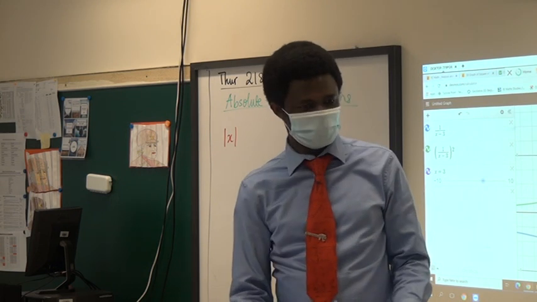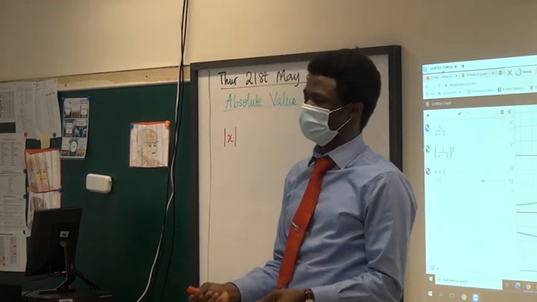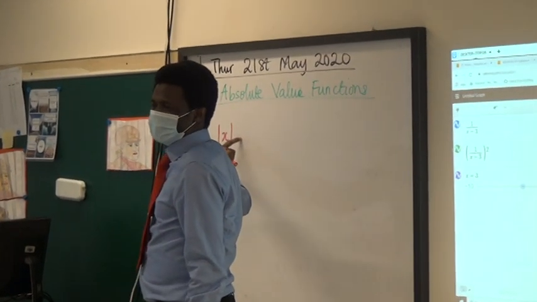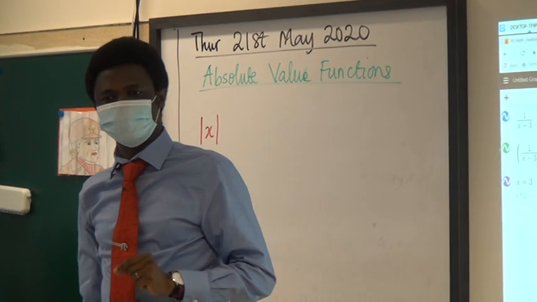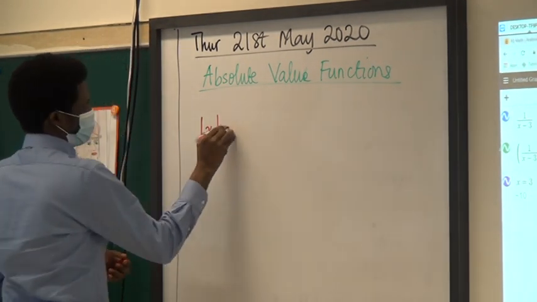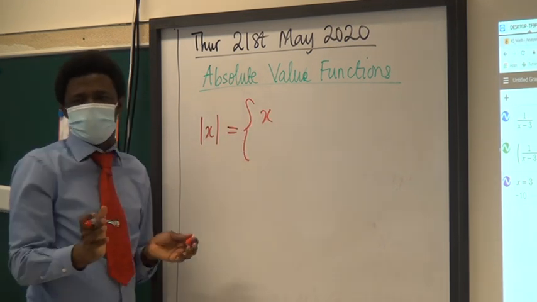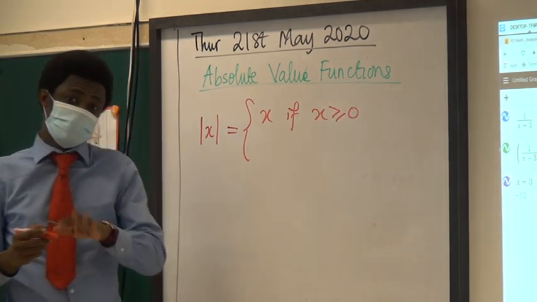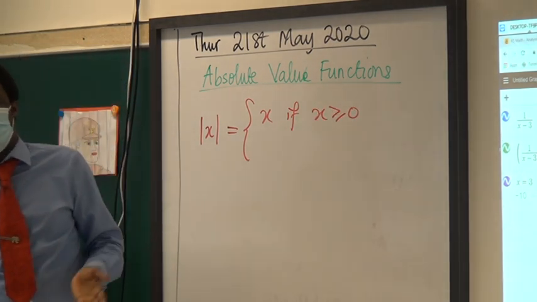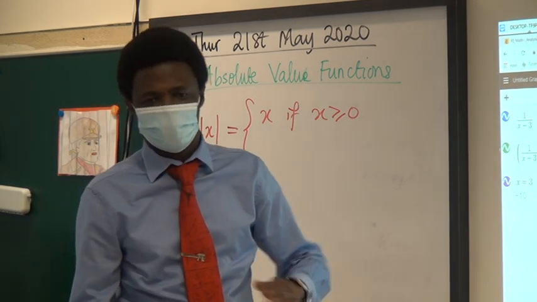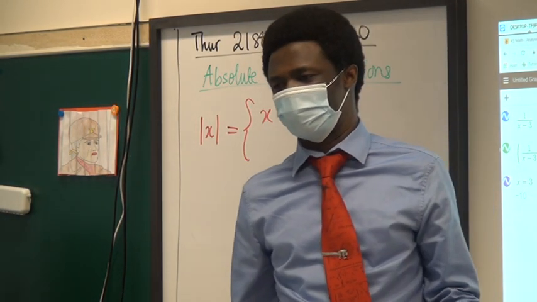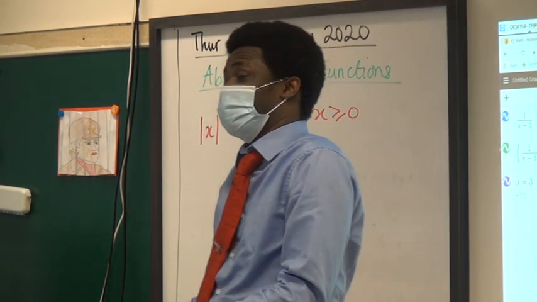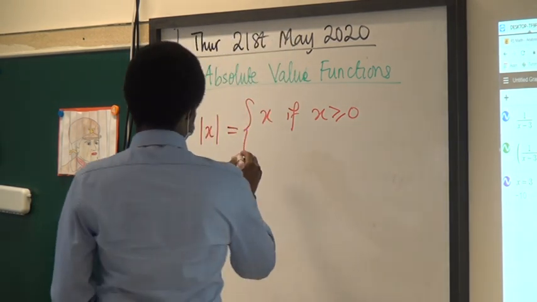Absolute value works like that. It's a distance function. A distance from 0 to that particular unit. So absolute value of x is that distance of x from the 0, from the origin, as the case may be. So that is why it is defined as this. If x is positive, like 3, definitely absolute value is just x. If x is non-negative, let's put it that way. So if x is 3, absolute value is 3. If x is 4, because 4 is more than 0, absolute value is 4. If x is 9, because 9 is more than 0, absolute value is 9. If x is 0 itself, absolute value is 0. But if x is negative,